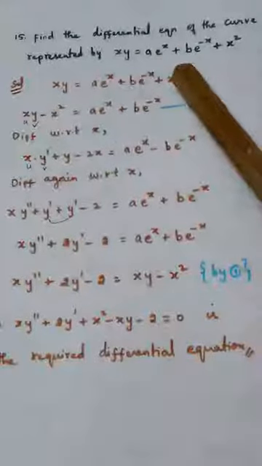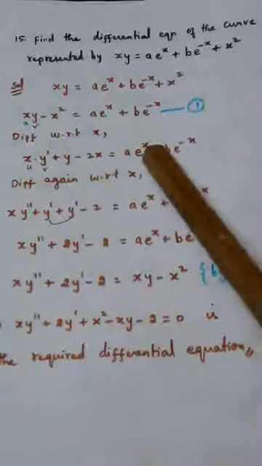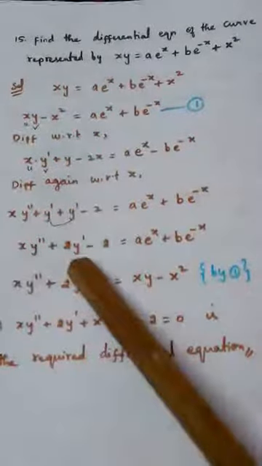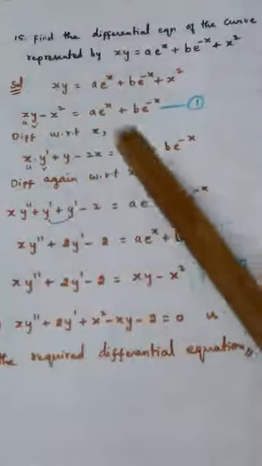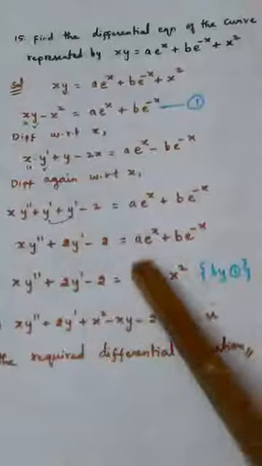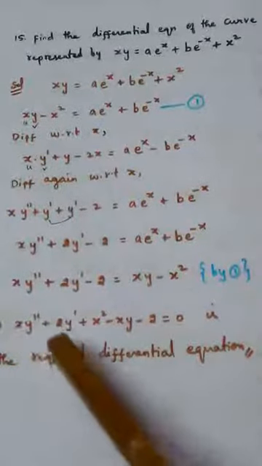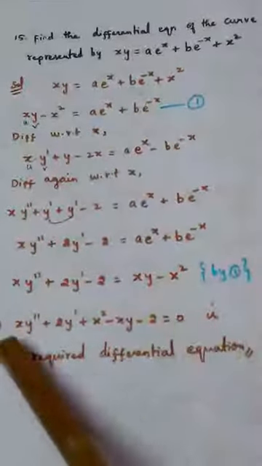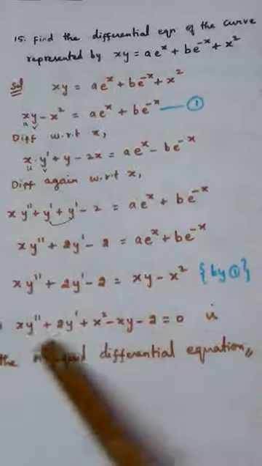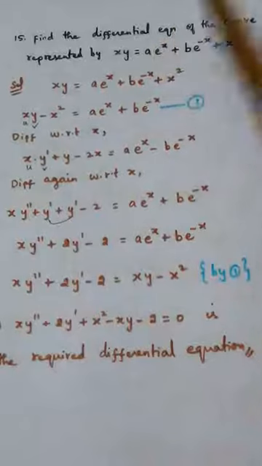So writing the equation, first we are bringing x square to the other side, taking first equation, differentiating it once, differentiating once again, adding these two. This we have a name from first equation. It is called xy minus x square. Writing everything on a single side, this gives the answer for the differential equation. It should not contain what? A and b. Definitely no a and b here. So this is the differential equation representing this family of curves.